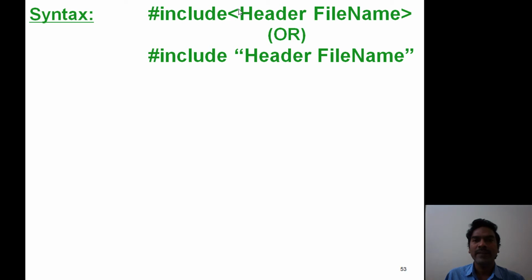Now within angular brackets, this less than and greater than symbols combination is referred to as angular brackets. So within angular brackets specify the header file name, or the syntax #include with the header file name within double quotation marks is also valid. Both are valid.